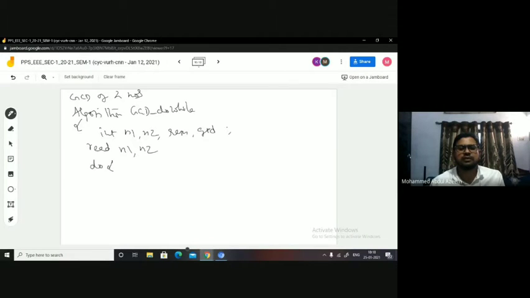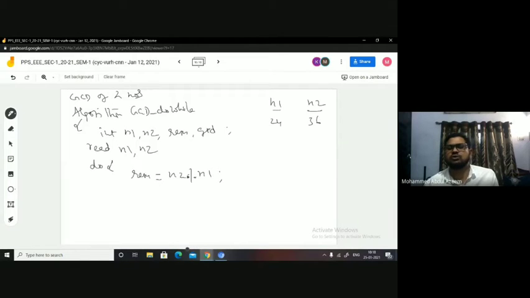So here you can now perform remainder equals n2 mod n1. You can do n1 mod n2 also, however you want, but then the statement will be changed. So n2 mod n1 you have done. Let us take the example. You can take the same example.